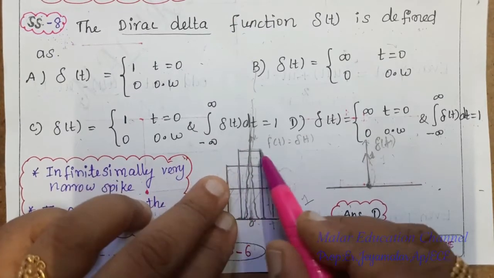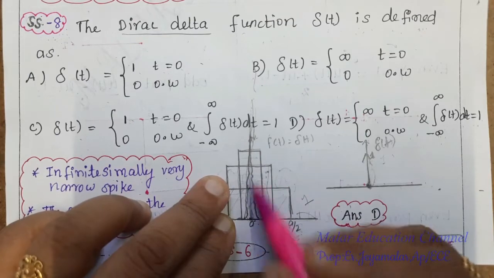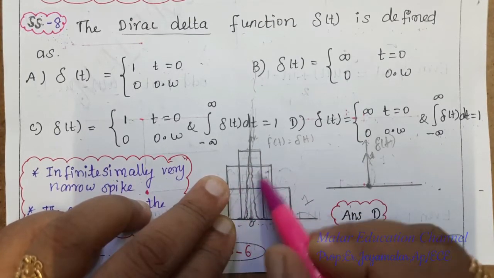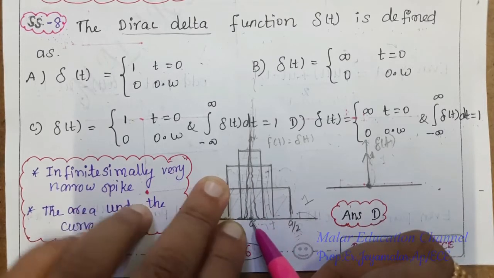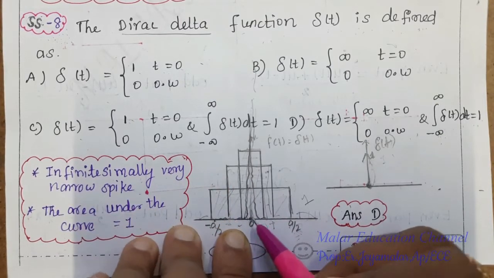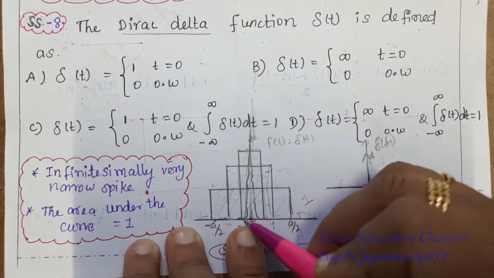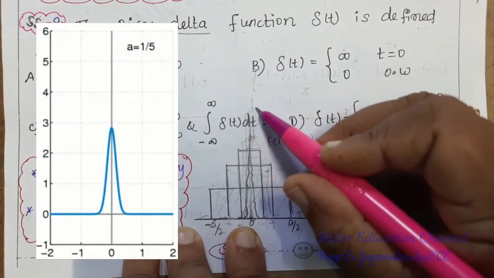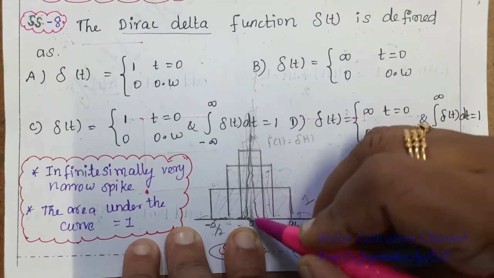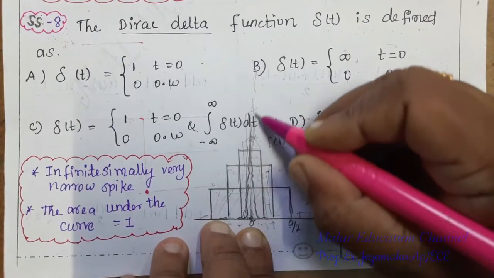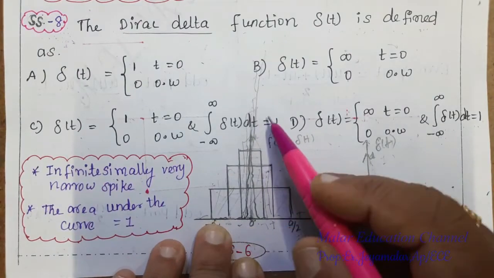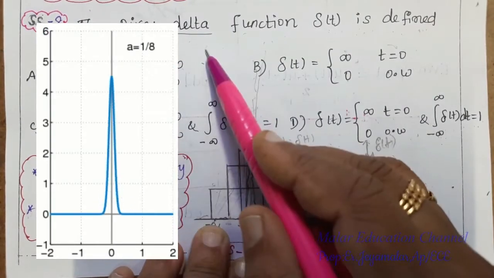Then this is the third wave. See here also the negative value, the negative region limit and positive limit. The area under the curve is 1. Up to the middle part they have a lot of waveform. Anyway, you have to draw the diagram like this only. We have the answer as the final repetition. It's going to be a peak level, a very narrow peak. That is a very highlighted point of the Dirac delta function.